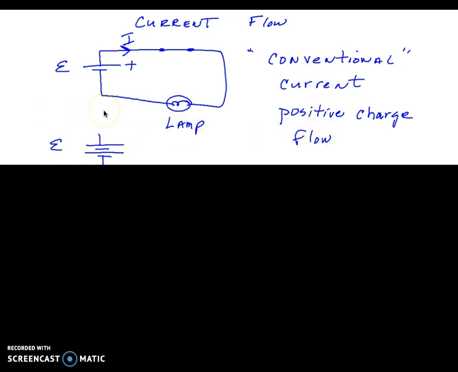Now, there is a relationship between the voltage applied by the battery, the current through the circuit, and the resistance of